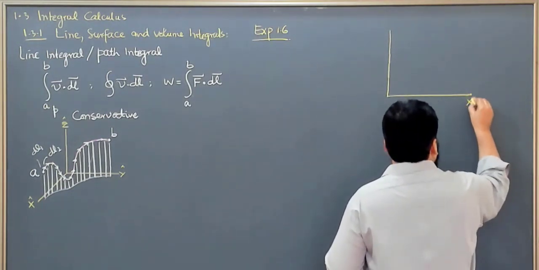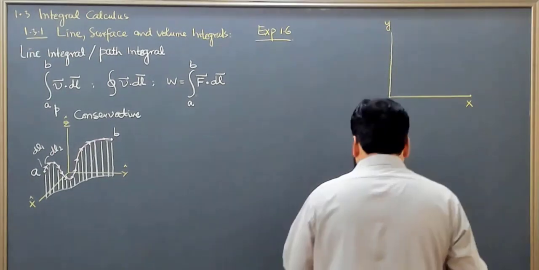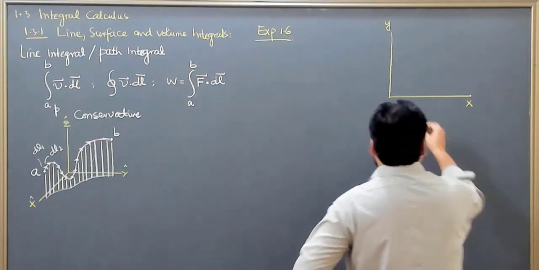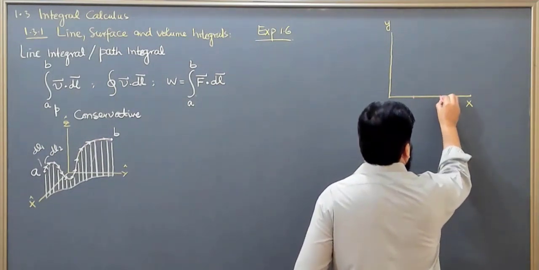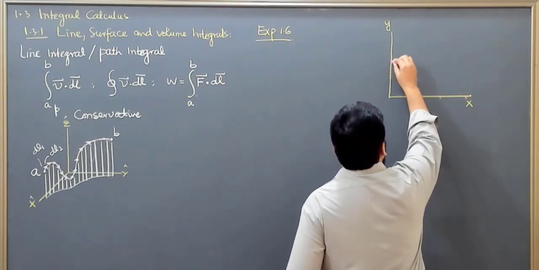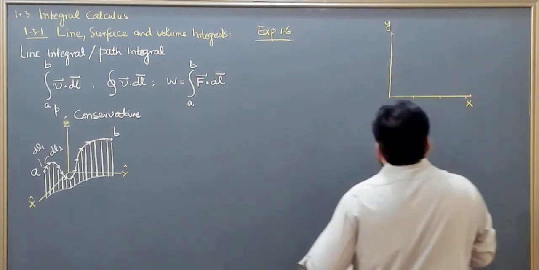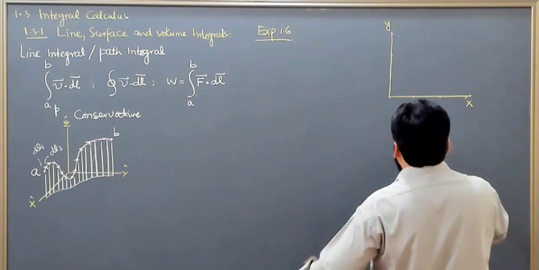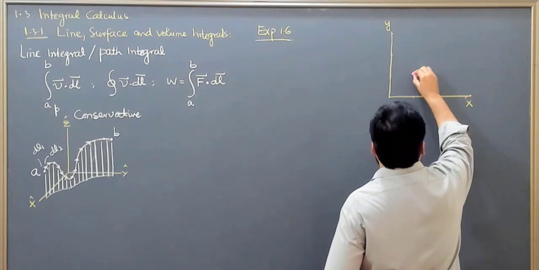This is the x axis and this is the y axis. Now here, if I grade this one, let's say this is point 1, this is point 2, and this is point 3, and here similarly this is 1, this is 2, and this is 3. Now it says that point A is 1, 1, 0. So this is 1 and this is 1, so it is over here.